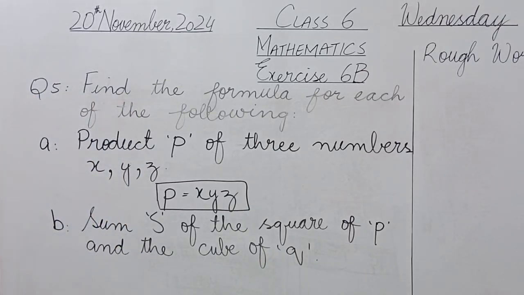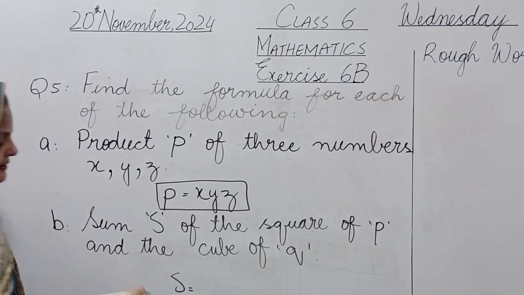It means s. We have to generate or develop a formula in which we will find that s is equal to what? It is written sum s of the square of P and the cube of Q. So s is equal to